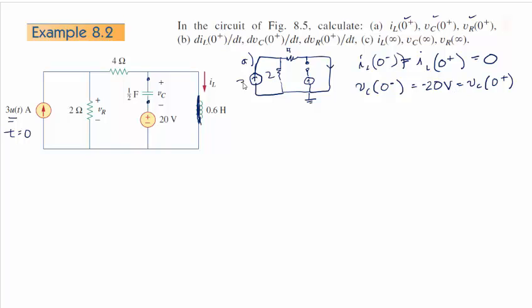However, this 3 amp source has now turned on, so that means other things could be happening in a part of the circuit that's not in this part of the circuit. So what do we have? We can write KCL at this node right here. I'm going to call this node R because it's the voltage right here, VR, and for analysis purposes I'm going to call that point node C. So we need to find VR.